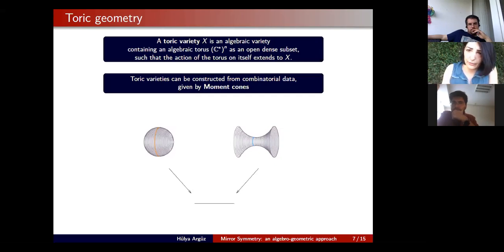So the simplest example of a toric variety is P1, which I drew on the left-hand side of this picture here. And the moment polytope for P1 is just the interval. It parameterizes the S1 fibers. There's a torus action given by rotation on the P1, which we can visualize as the usual two-sphere. And the moment polytope parameterizes the orbits of this S1 action.